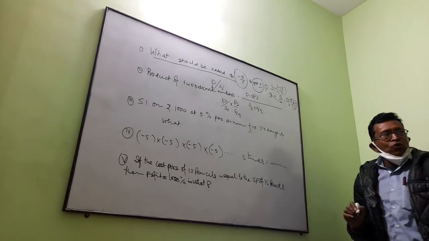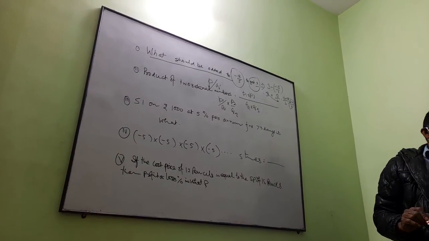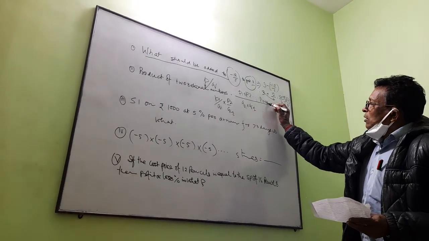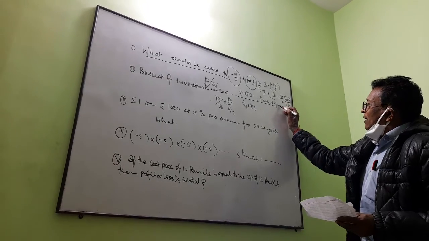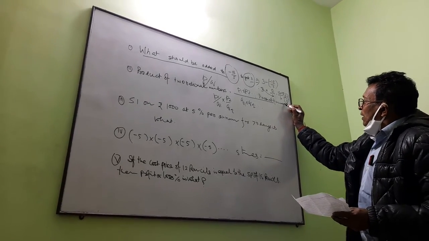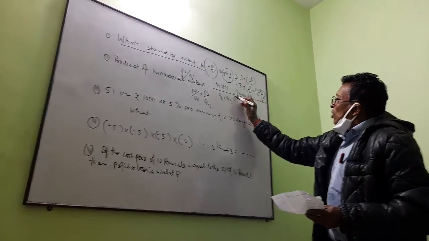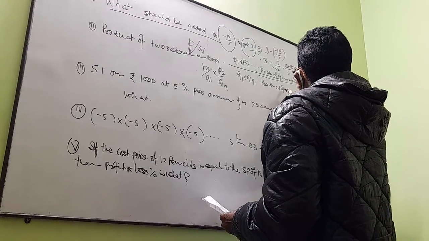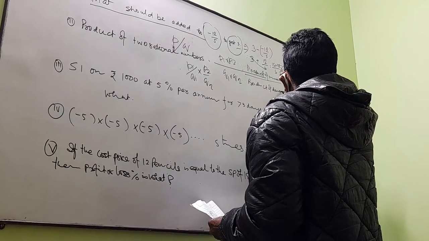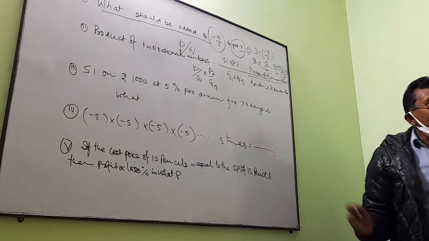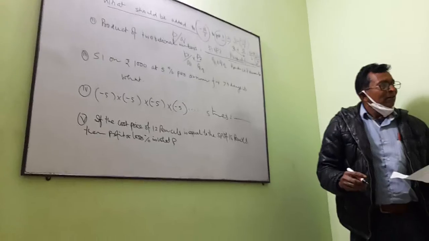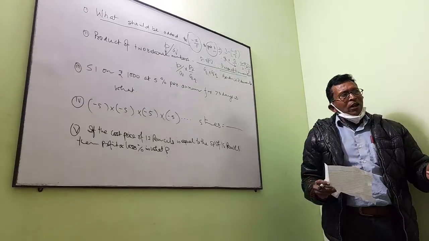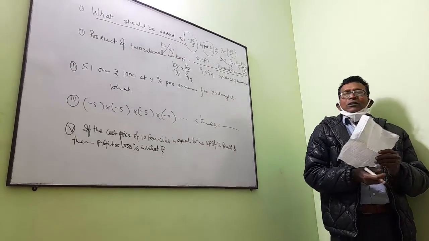So I asked you the formula: product of numerators divided by product of denominators. So this was the answer. समझ में आए? अगर आप लोगों ने थोड़ा सा भी दिमाग लगाया होता तो ये सारे क्वेश्चंस के आंसर कर सकते. नेक्स्ट क्वेश्चन,